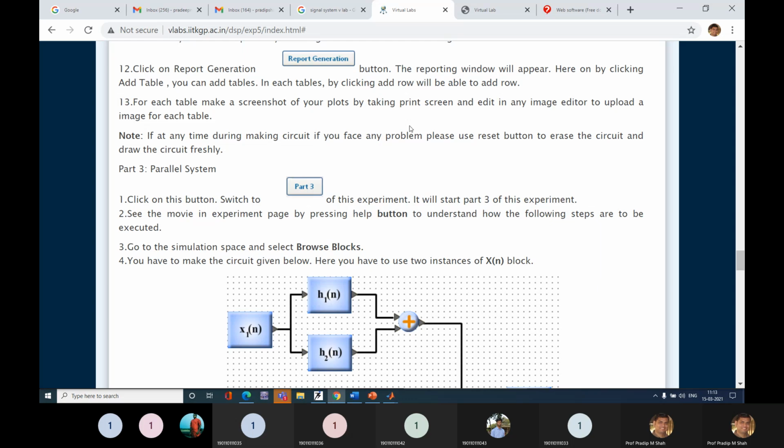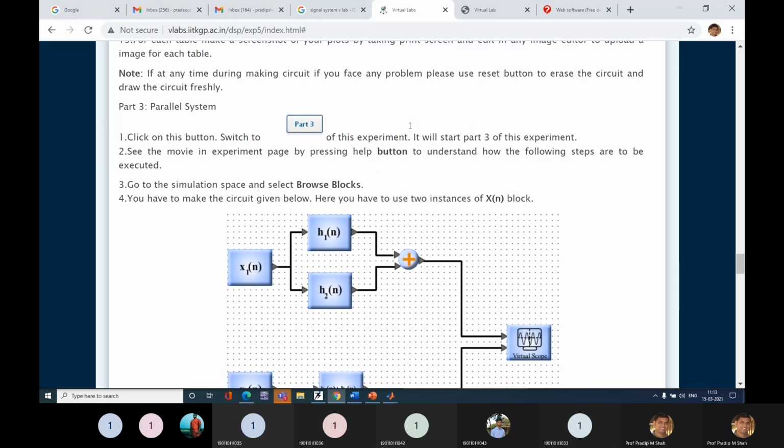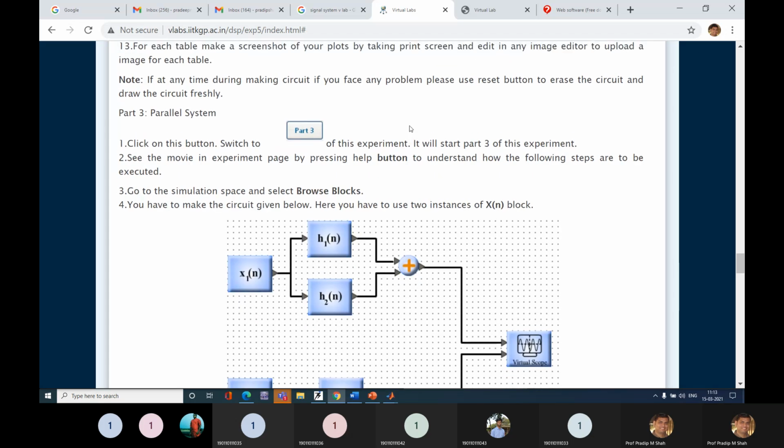In the second part, we took two systems in a cascade, series connection. Now, in the third part, we again take two systems, but these two systems are in parallel. What is the difference between series and parallel? In a series connection, the output of one system is given to the input of the second system. That is a series, cascade connection.